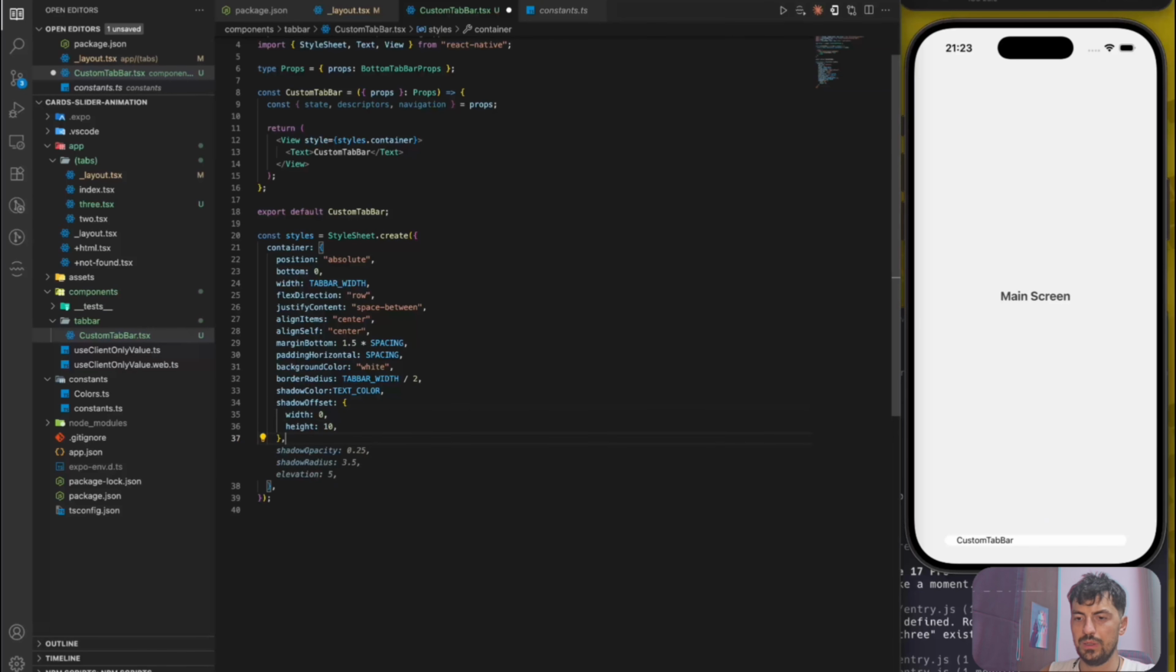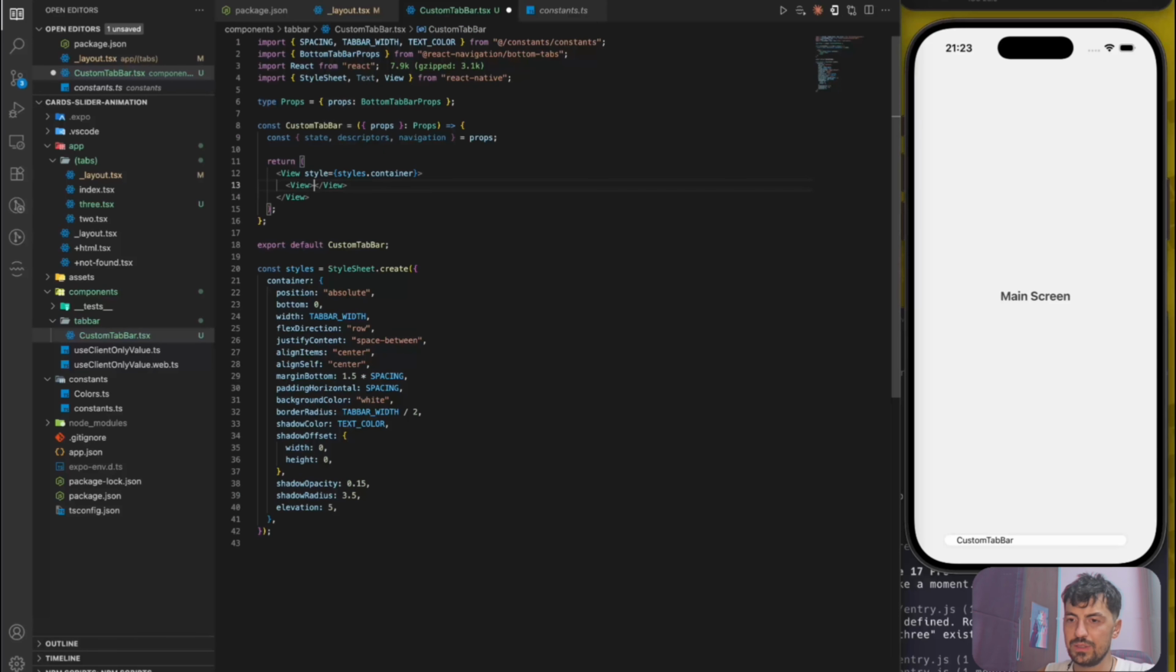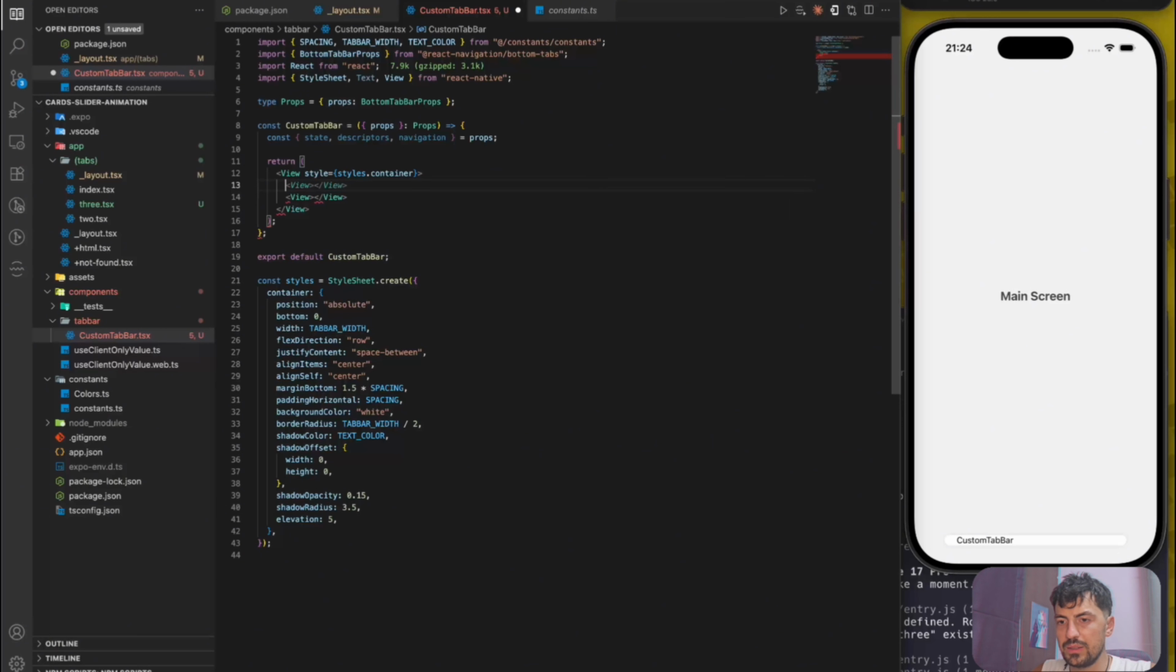Shadow offset will be that, but I can do some changes. Let's save it. Okay, that's good. I like it. First, let's create the background of active item, and that will be